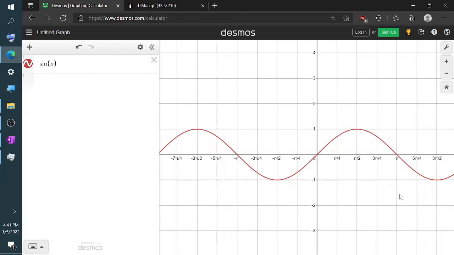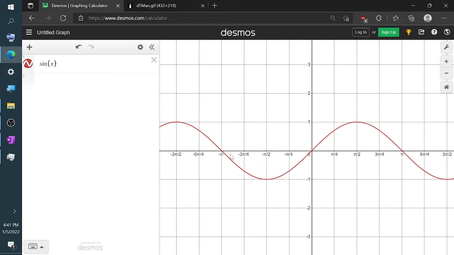So here I am on Desmos showing the graph of the sine function, and we can already see that the computerized graph agrees with what we have found by hand so far. We have found that the graph of sine goes to the point where the input and the output are both 0. We also found that sine goes through this point where if I plug in pi over 2, sine outputs positive 1. And we see a few other results that are consistent with what we know about sine from all the work that we have done up to this point. If you plug in negative pi over 2 instead of positive pi over 2, then the output is negative as well.